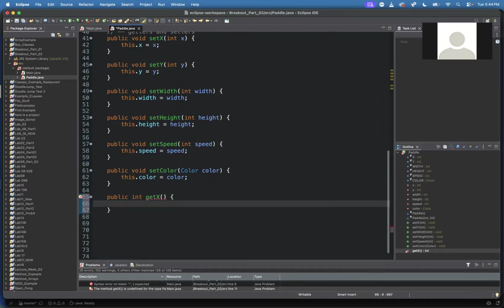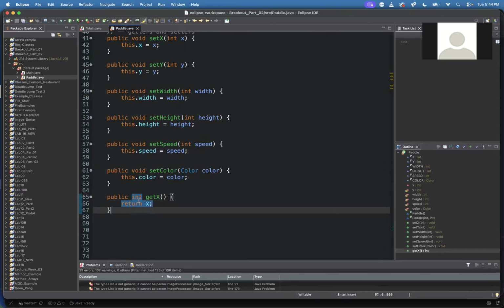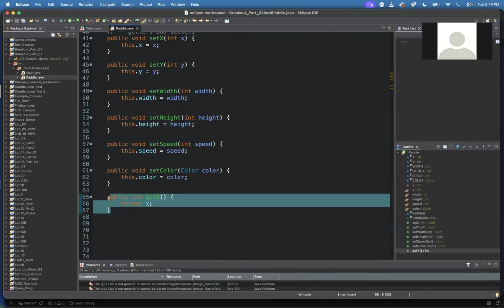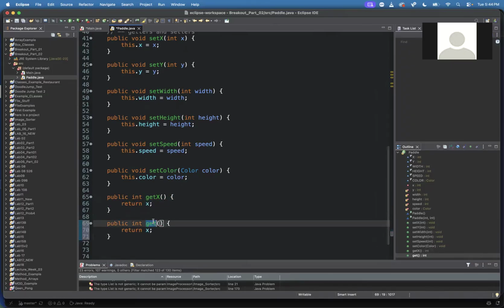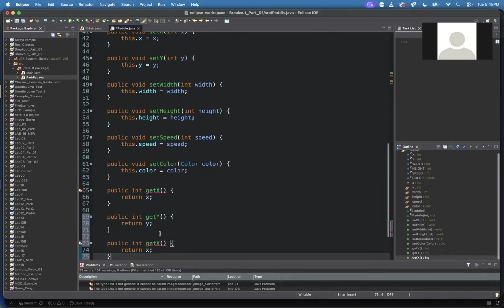And then all it needs to do is return the x value. And that's all it needs to do. And so that would return the x value so that you can get it over here in main. And then you got to do that for every variable. So you go get y, return y. You go get